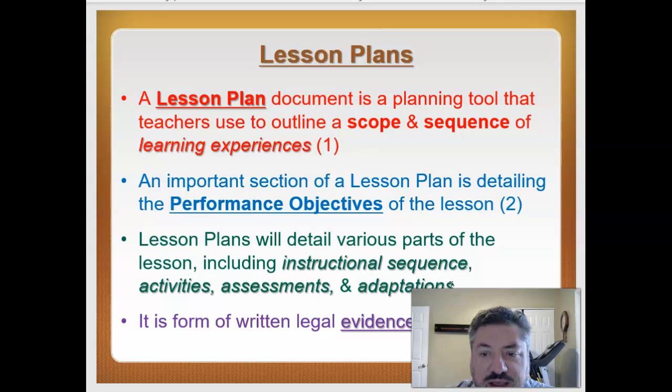Remember, you might not use this full lesson plan in teaching. You're probably going to teach from a card, a note card, or one sheet. But a lesson plan will help you plan the lesson, be really prepared for everything that comes along, and it provides a written form of legal evidence of instruction that you can turn in to either your administrator if needed. Your district can use those as evidence of instruction, as well as you could use it at some litigation if